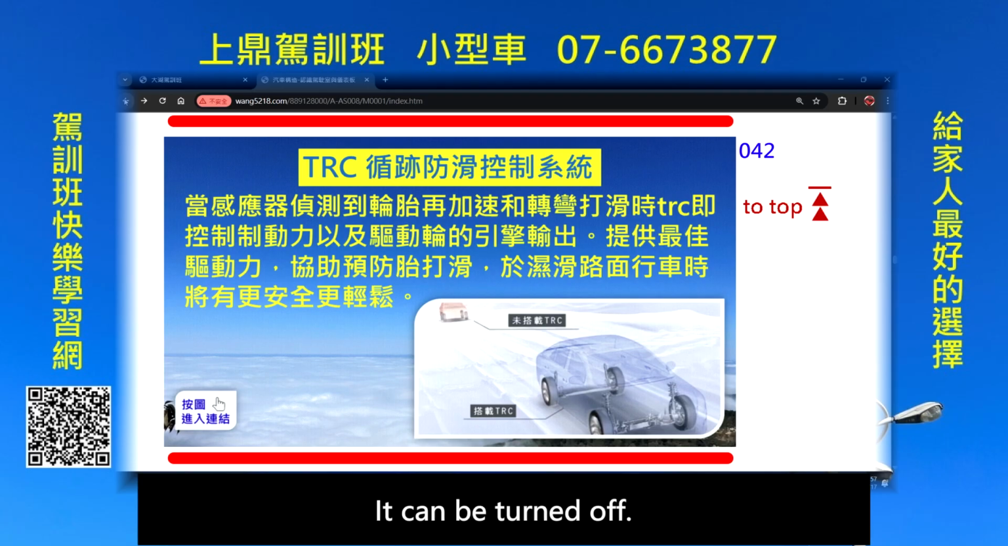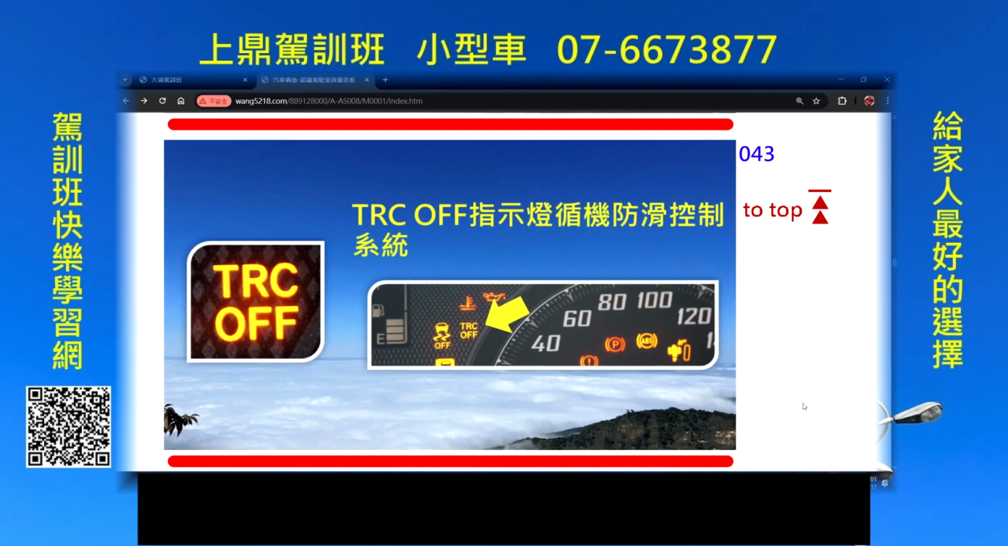There's an indicator light here. It can be turned off. The traction control system indicator light. Let's see how it operates. There needs to be a warning light. It says if this happens,